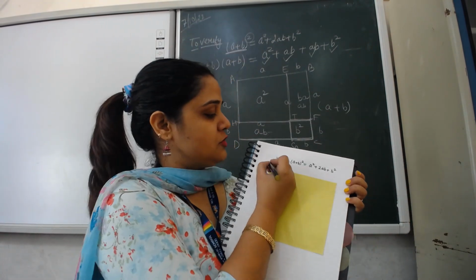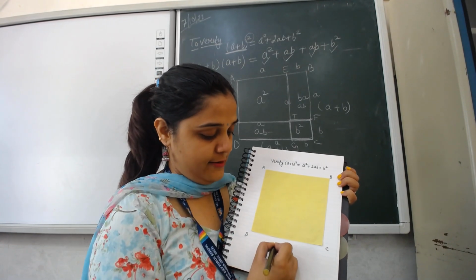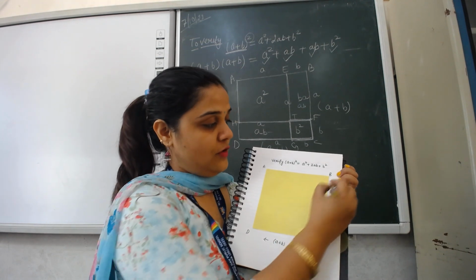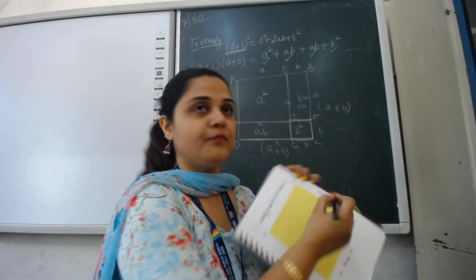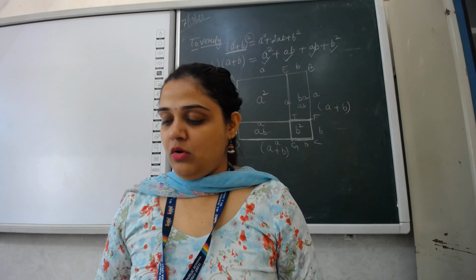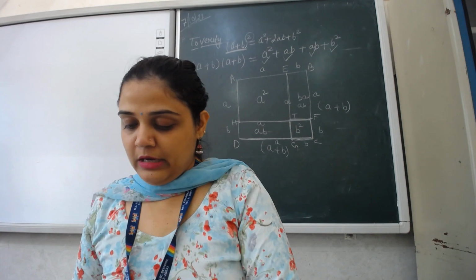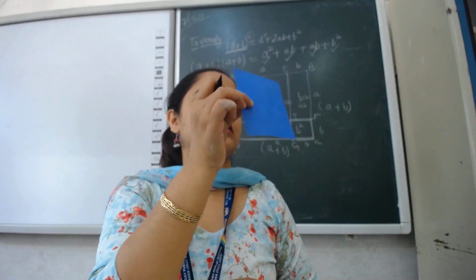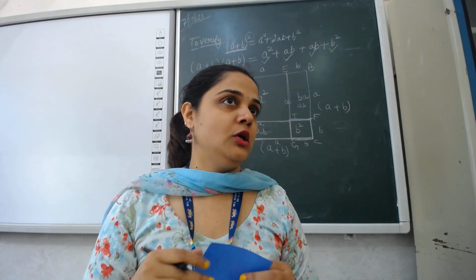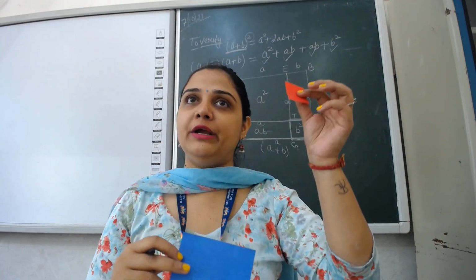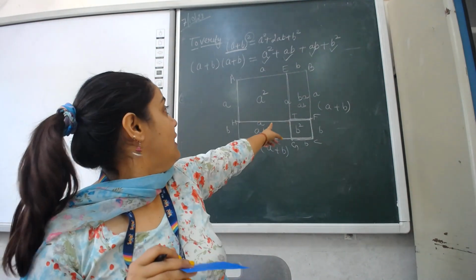Okay, this is my first square whose name was ABCD, and what are its dimensions? A plus B. So this is also A plus B. It is a square, so both the sides will be same, A plus B. Alright, now I have already cut out the sheets with me in which I have this small square whose side I took as 10. The dimension of the whole origami is 14.5. So I took it 10 and this remaining is 4.5. So this is the first square that I am getting over there, that is AEIH.